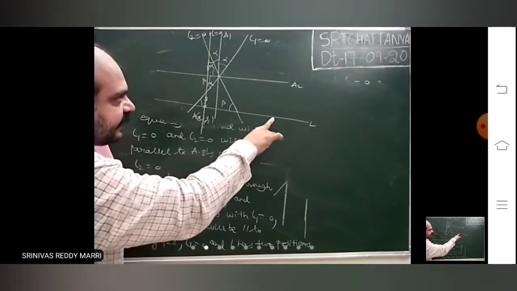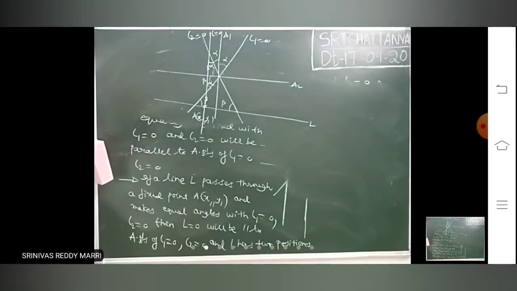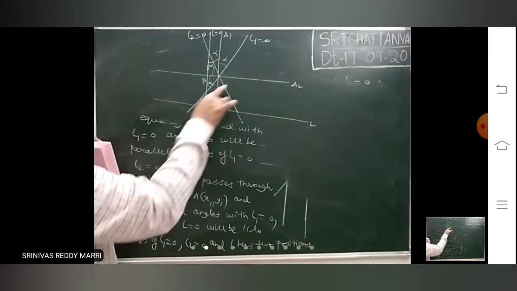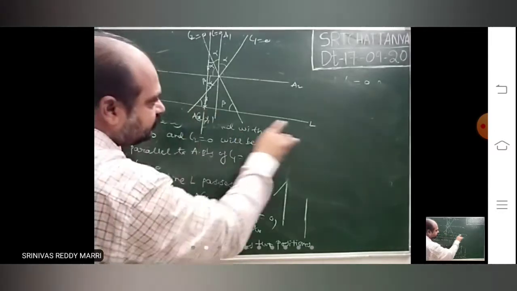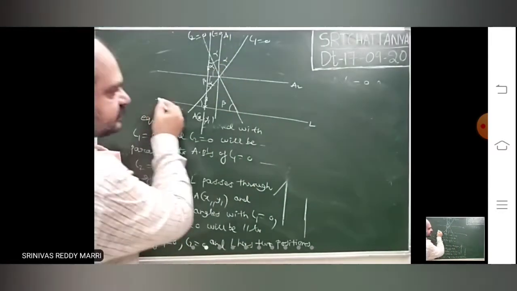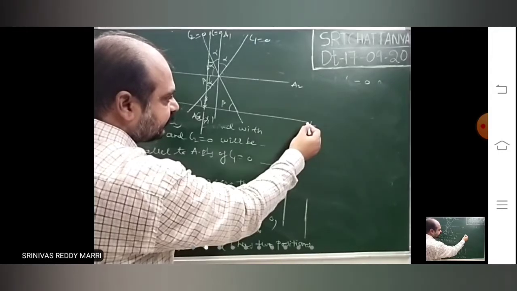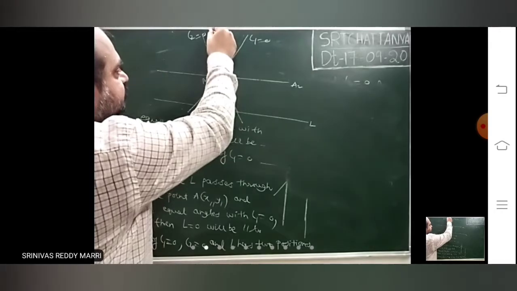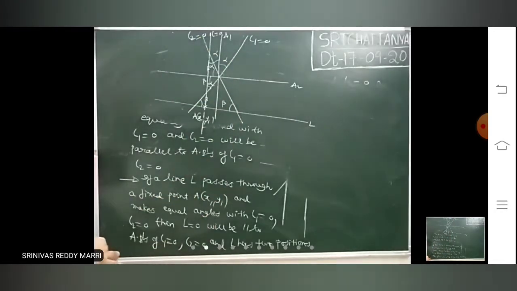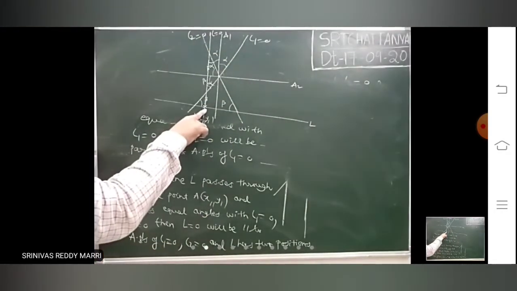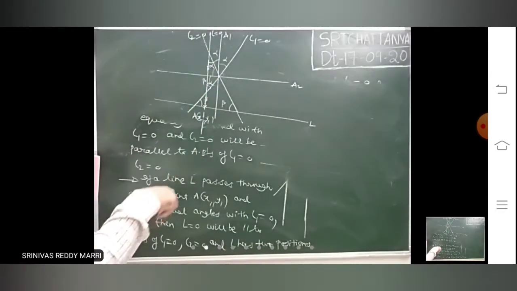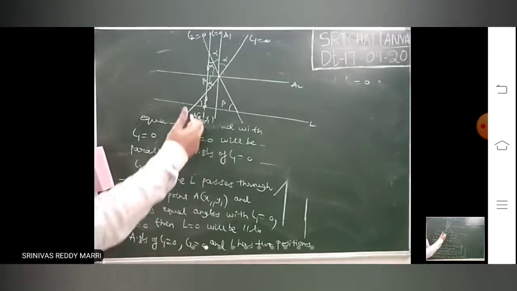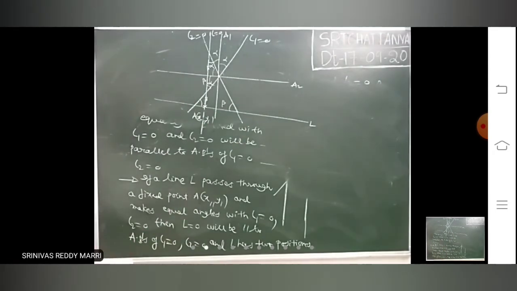In that case, how to find the line is, we will find the angular bisectors. So we will get the slopes of A1 and A2. By taking that slope and passing through this point, you draw one line. This slope will be the slope of one angular bisector, and passing through this point, you can find the equation of L. The slope of this other line will be the slope of the other angular bisector, passing through this point. By finding the slopes of the angular bisectors, you can find the slopes of these lines, then you can write the lines passing through this point.